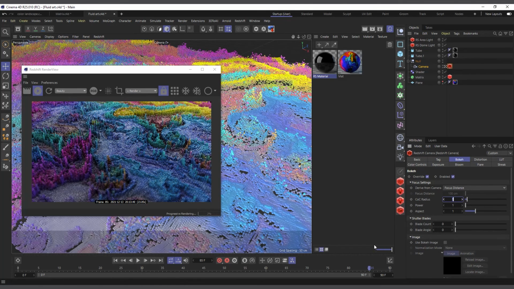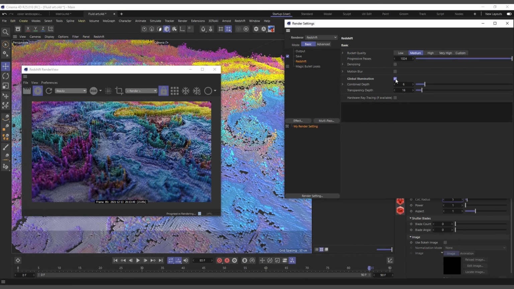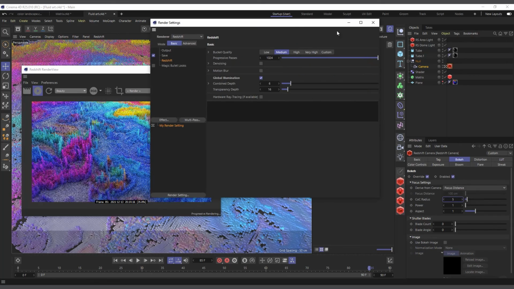And you can see the focus distance. It's based on the focus distance now. The ones closer to the camera are very blurred, and further away is also blurred as well. So somewhere in the middle is where the focus is. So that's how you add something like a bokeh effect to it. And if you are cool with it, you can now go ahead and bring back your GI, and go ahead and hit render.